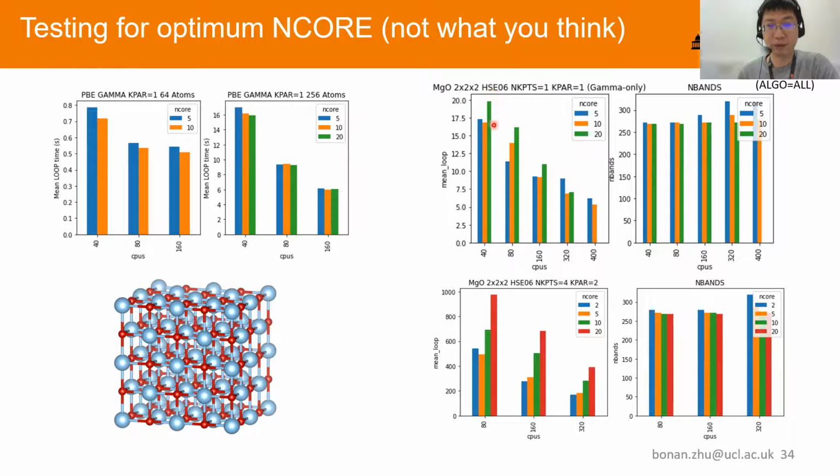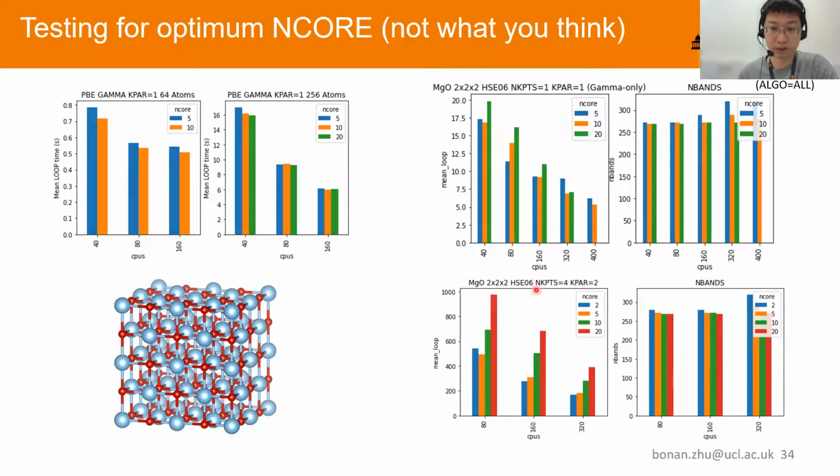In this example, if I'm using just 40 CPUs, using NCORE 10 is most optimal. But if I increase the core counts, I may have to reconsider the choices. Also for this